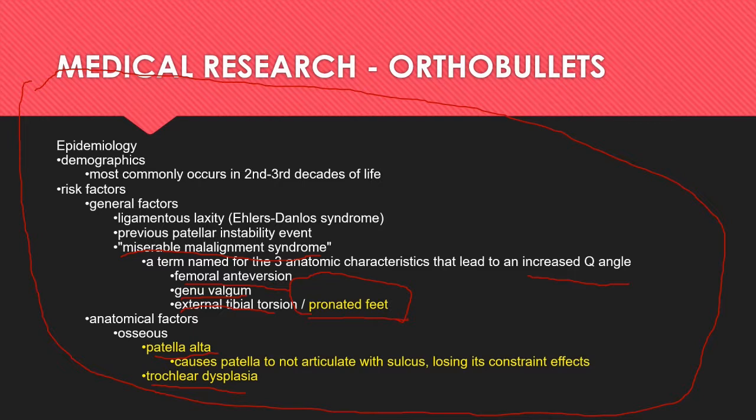This is the femoral trochlea, the groove through which the patella slides up and down. When the examinee has patella alta, this causes the patella to not articulate with the femoral sulcus, which then causes a loss of constraint or a loss of restraint of the femoral sulcus on the patella itself as the patella tracks up and down in the femoral sulcus. Okay, so let's now take a look at these x-rays and do some assessments